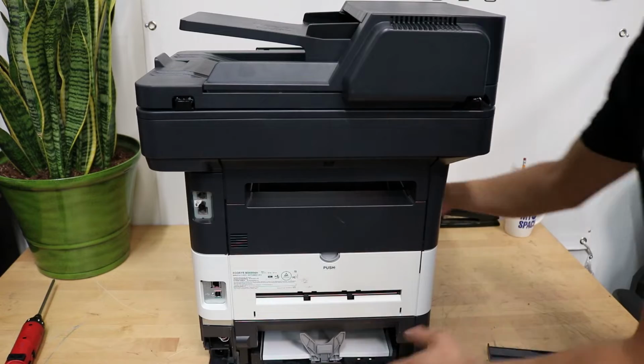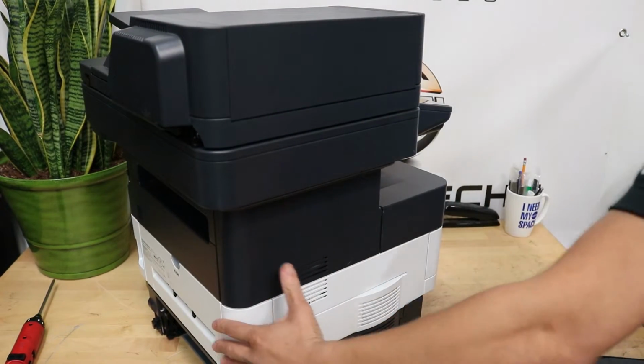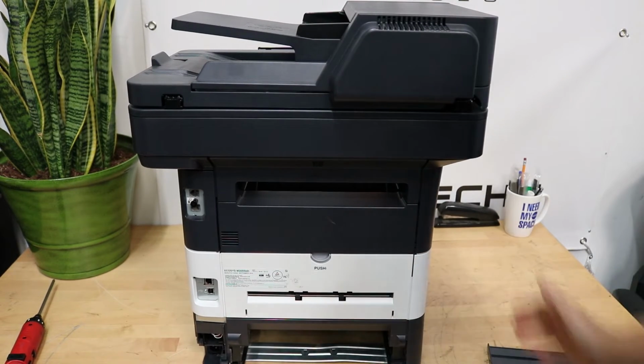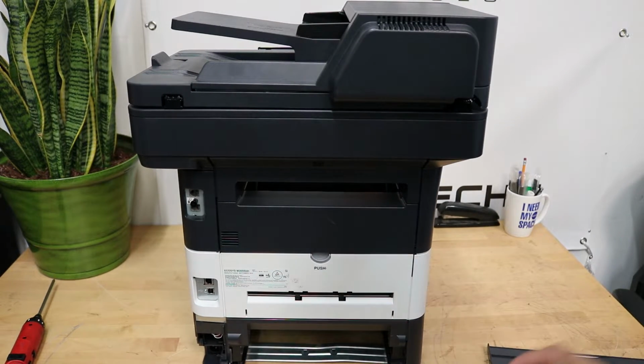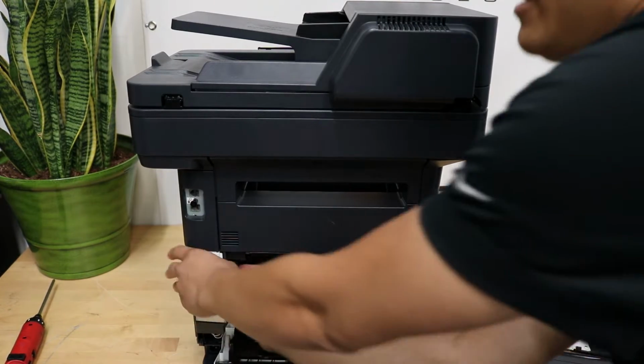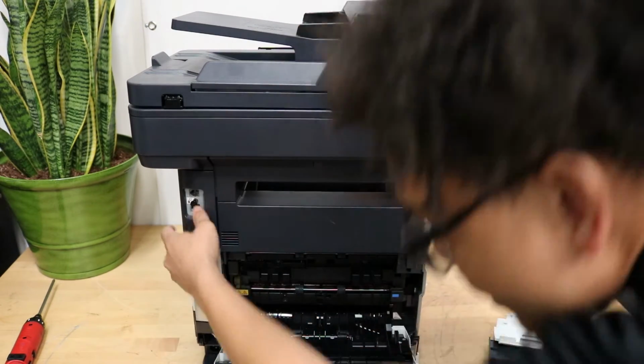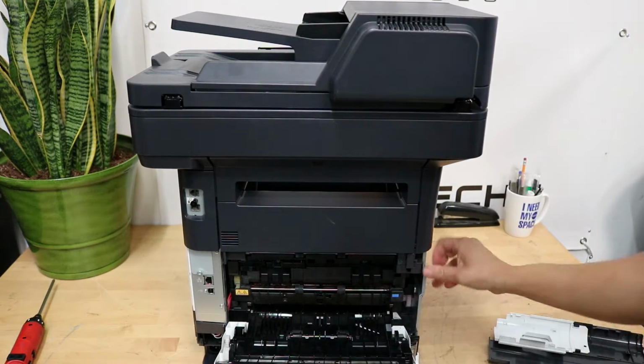That one like that. You actually should take the paper tray out. Okay, did that. Let's do that now. There we go. Let's get that out there. Hopefully you can see that well. Alright, let's open this door. Remove that cover. Let's take that one off. I don't think we need that one off. No, we shouldn't need that one off. Alright, so